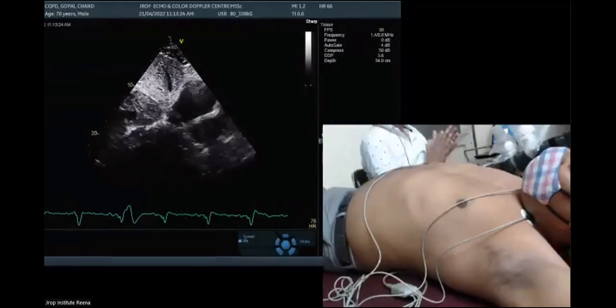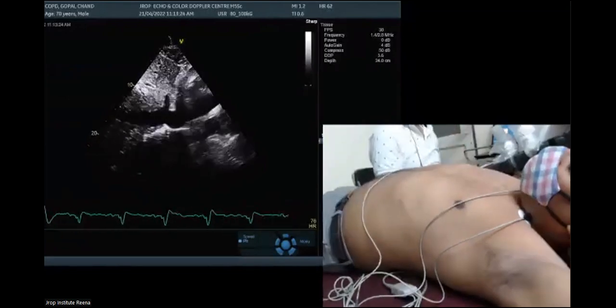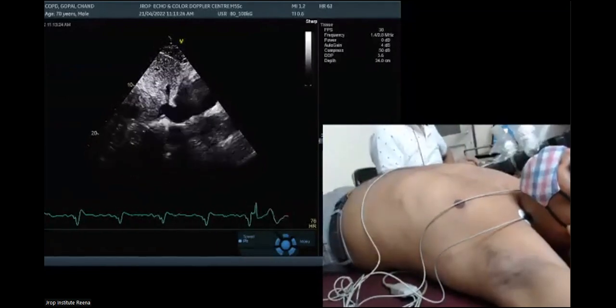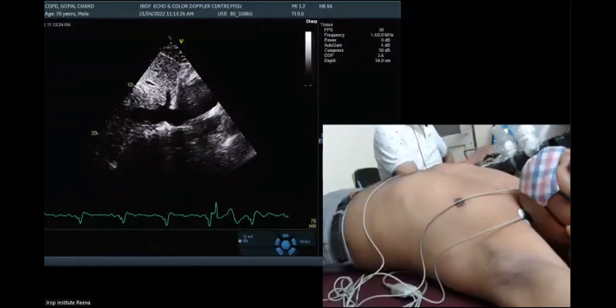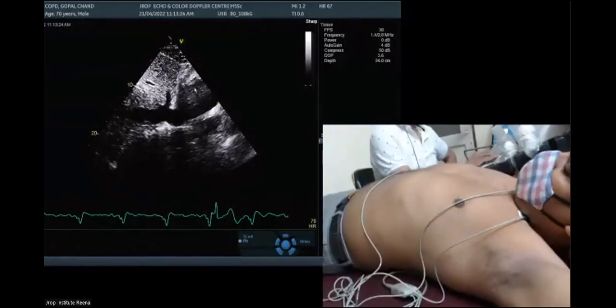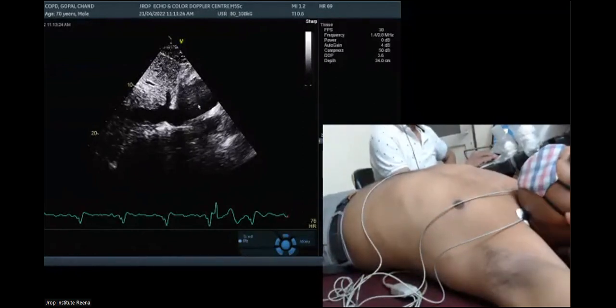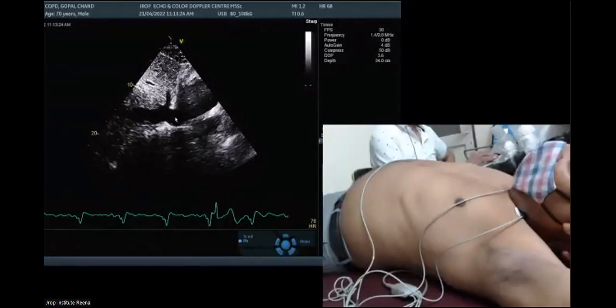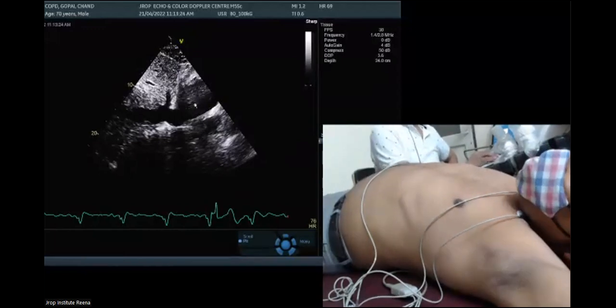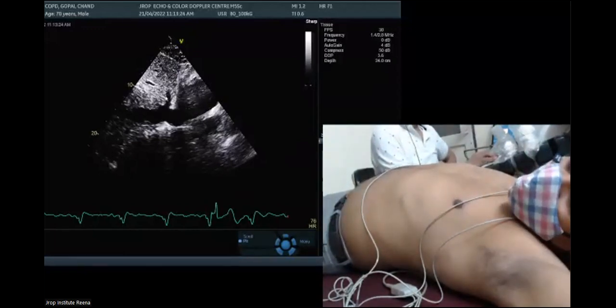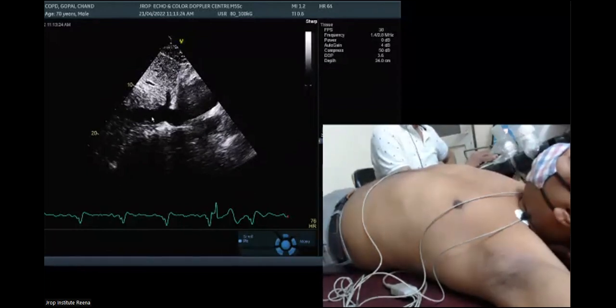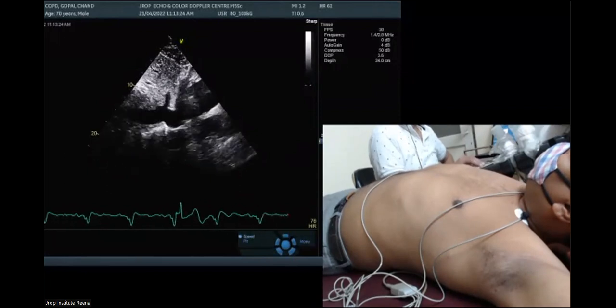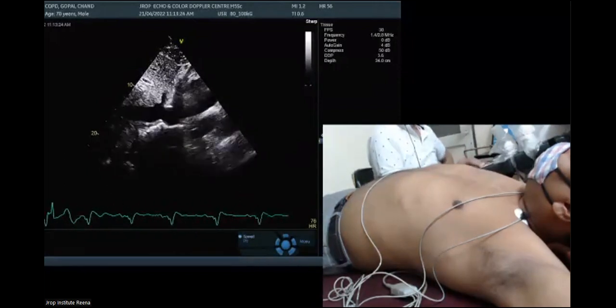Beautiful. What you asked for, you got it. Now I'm going to freeze this frame for you. Can you see the images? This is RA, right? Dr. Rahul, can you listen to me? Yes, sir. So this is RA, this is IVC, this is hepatic veins, and you do not have any colors in it. But if I move my frame from this, subsequently, now look,